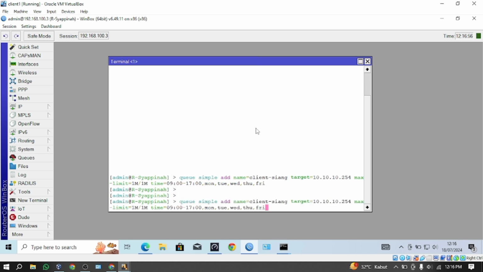Then do the same thing for night clients with different max limit bandwidth and hours.